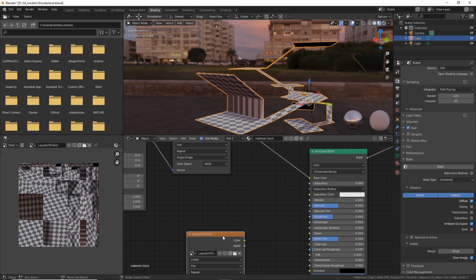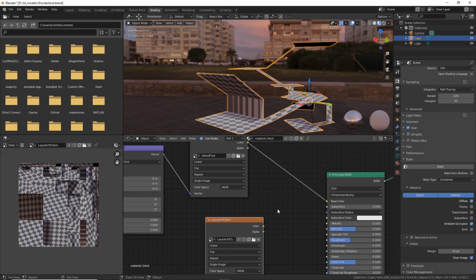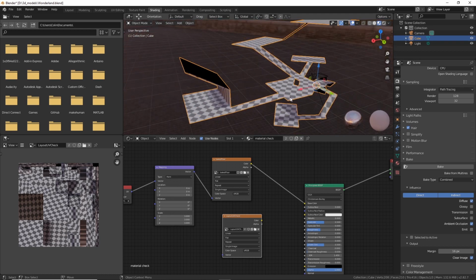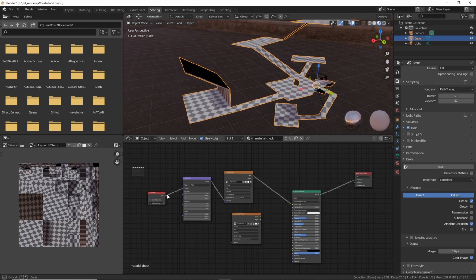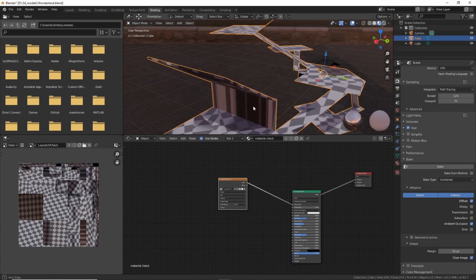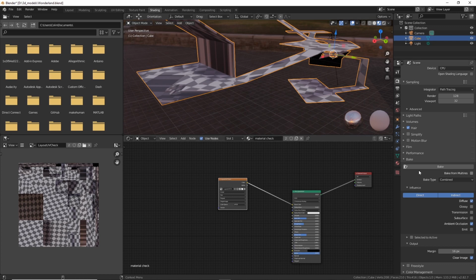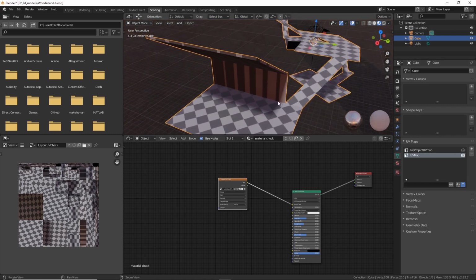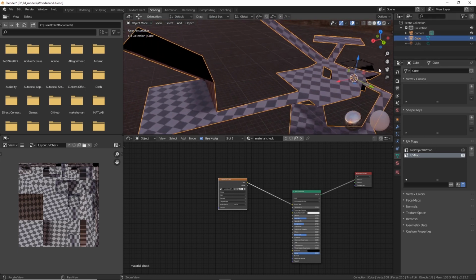Alright, there it is, and we can go and fix our baking now, or put this to the material. So we're in slot 1, we can lose this, take this and put it into base color. It's a little off because our UV map is wrong. We want to use that one. There's our baked lighting. We can literally turn the light off now. We still have our shadows, and the same with